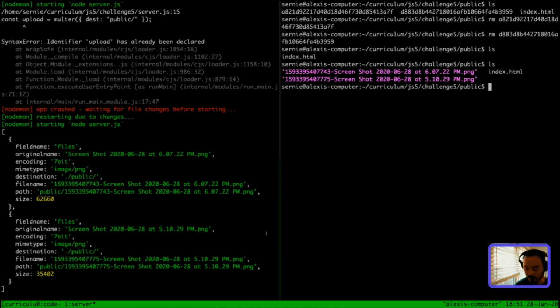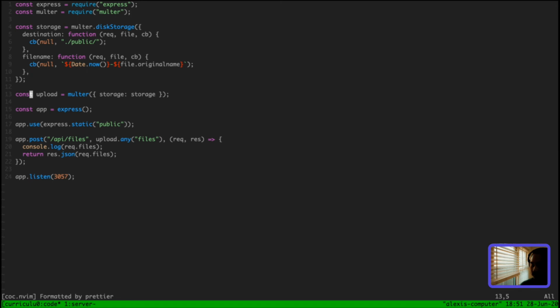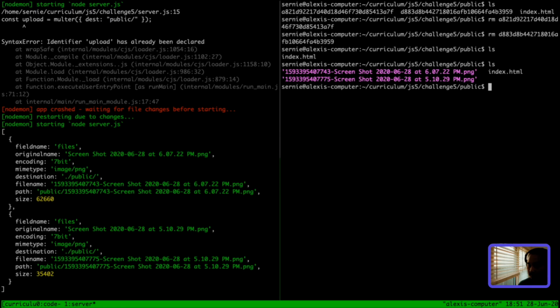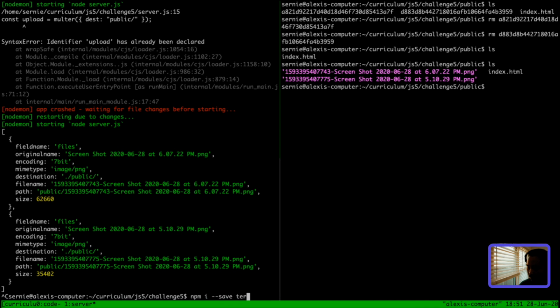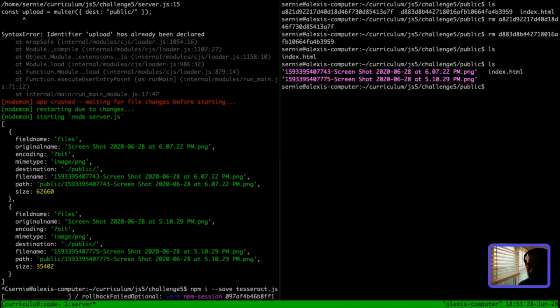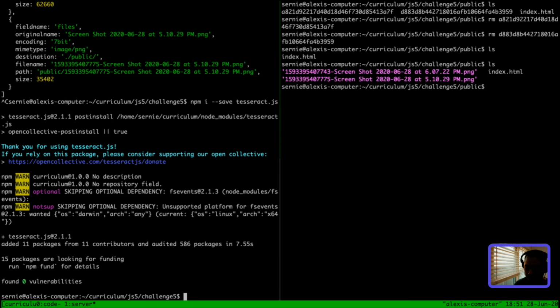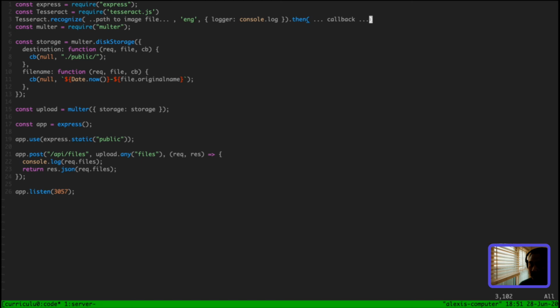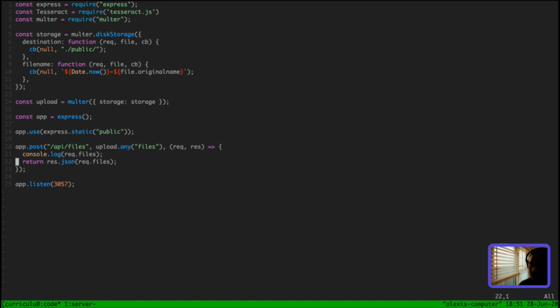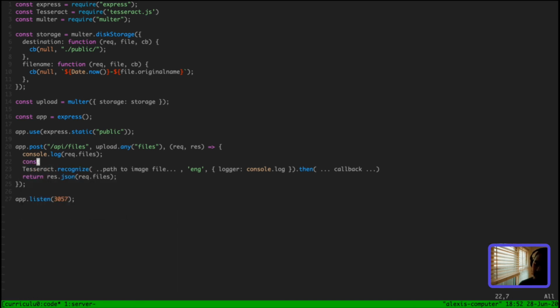Okay, so I need to install tesseract.js. Saving tesseract.js. Okay, now I can start my server. Alright, so for each file,